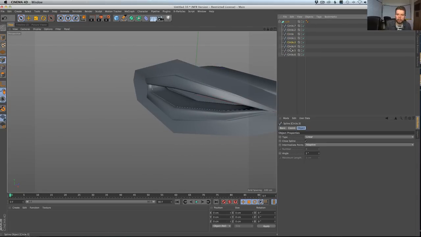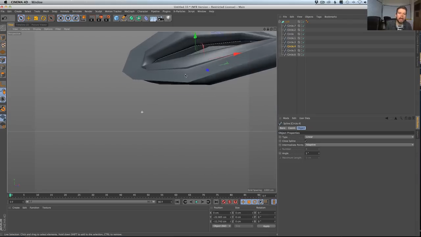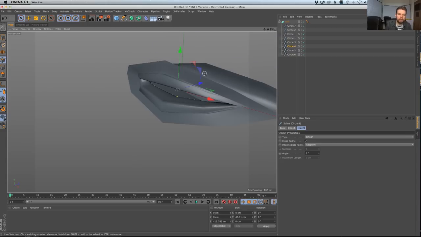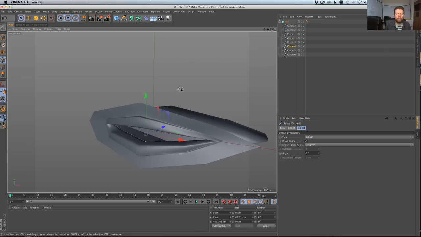And now we can grab whatever spline we need. Maybe that one. No, okay, it's this one. At this point, maybe we want a little bit more forward. Maybe these lips are too deep, so I'll select all these points and pull a little more forward. Maybe grab these middle ones. And so this turns into an infinite amount of time where you can be tweaking and cleaning a model. And now this becomes kind of the mesh for the mouth.